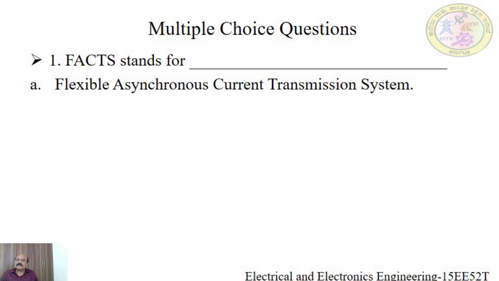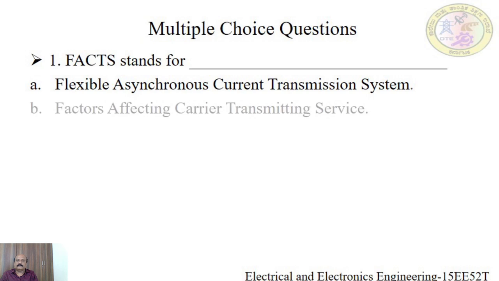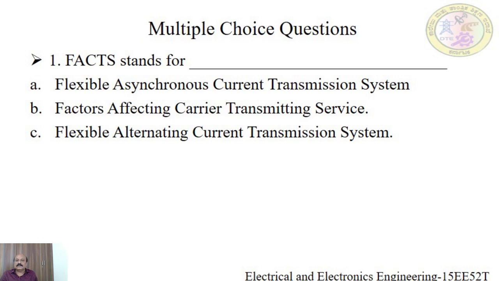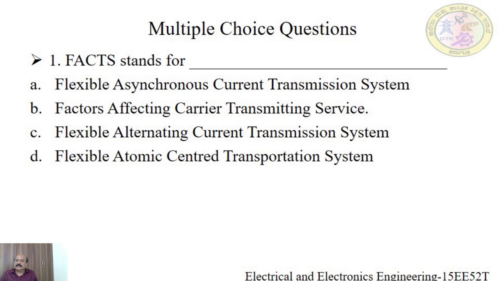Option A is flexible asynchronous current transmission system. B, the factors affecting carrier transmitting service. C, flexible alternating current transmission system. D, the flexible atomic centered transportation system. We have four options here. The most relevant option is